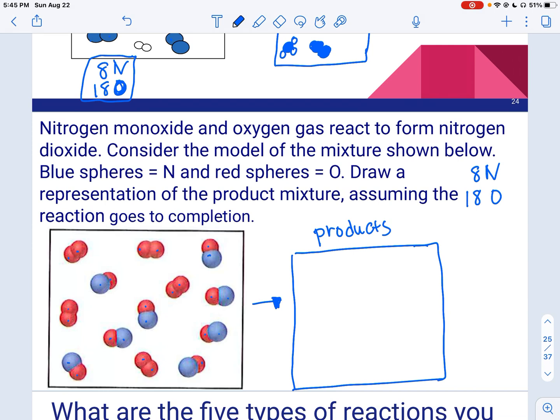So now we have to figure out how many NO2, because that's what it says it forms, nitrogen dioxide, how many NO2s can we form? So I can look at the numbers and see that nitrogen is going to be our limiting reagent this time. So we can do